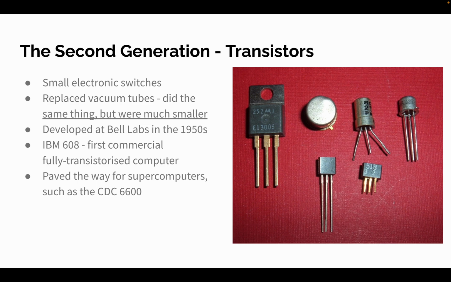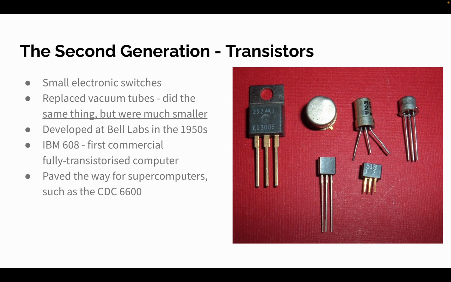They were used in the IBM 608, the first commercial fully transistorized computer, and they paved the way for various supercomputers as well, such as the Control Data Corporation 6600. That's what the CDC stands for. It's the first commercially viable supercomputer. About 3 million operations a second, and in today's money costs about 20 million euros. So,